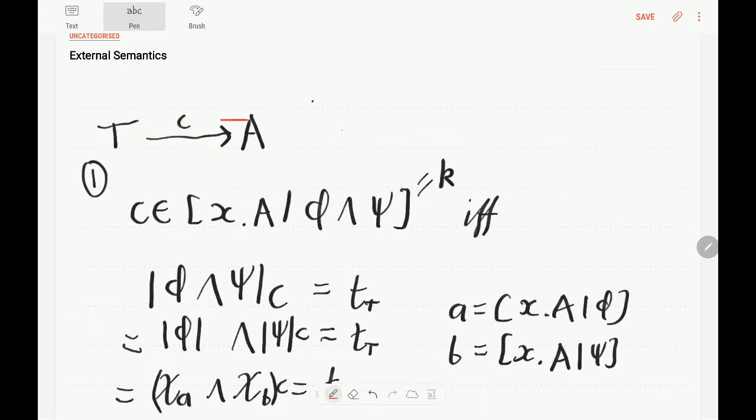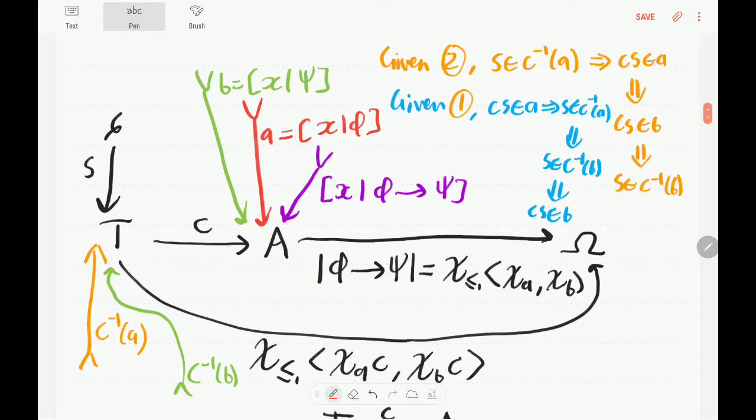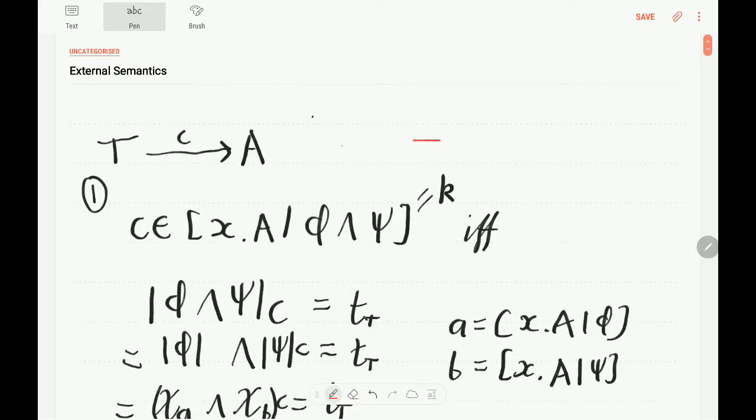first 4, and they basically tell us when the extensions of these formulas with various logical symbols in them have C in them. In other words, when C satisfies these conditions. So the first one is about and. The picture to have in your mind is something like this. I don't think I've drawn it for and. I should draw it. So we've got